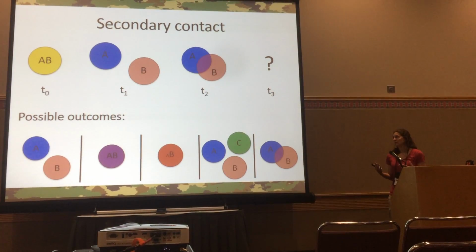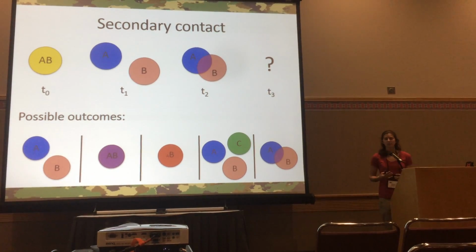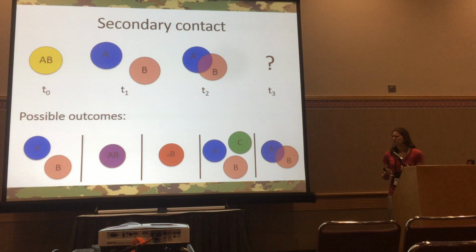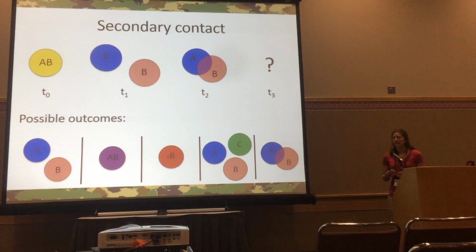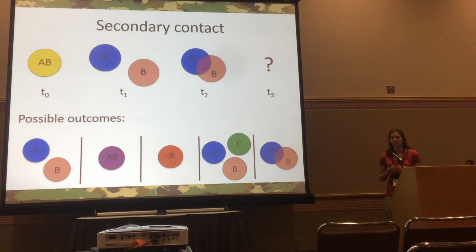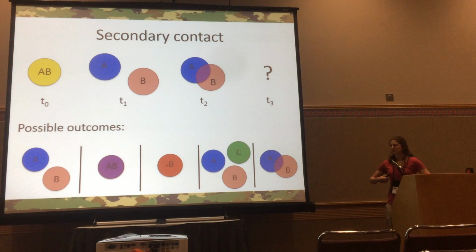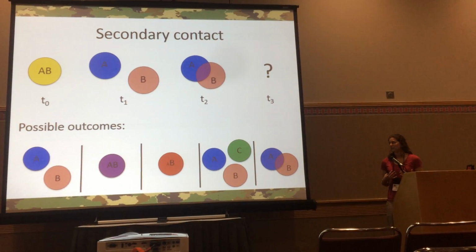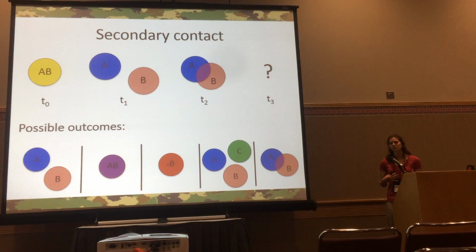established over that period of allopatry, and also how viable the hybrids are. So in some cases, you have these reproductive boundaries being reinforced, and there's no hybridization between lineages. They continue to evolve, speciate. In other cases, these reproductive boundaries are completely eroded, and you can have lineage fusion. There can also be genetic swamping by the more fit lineage.